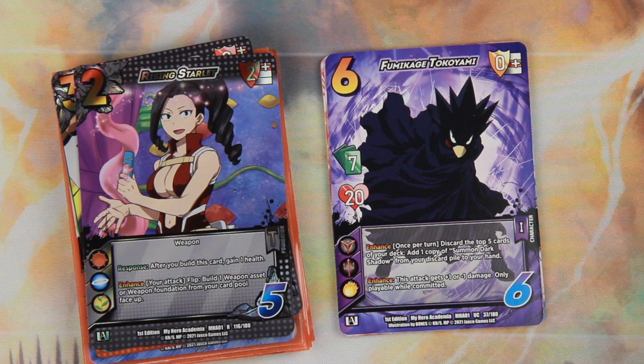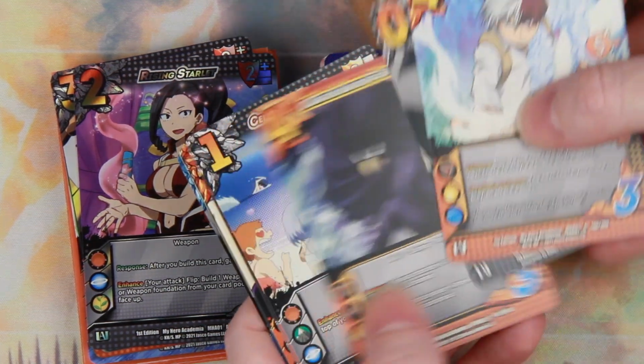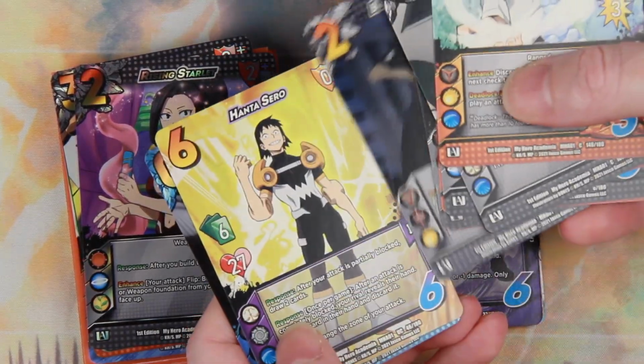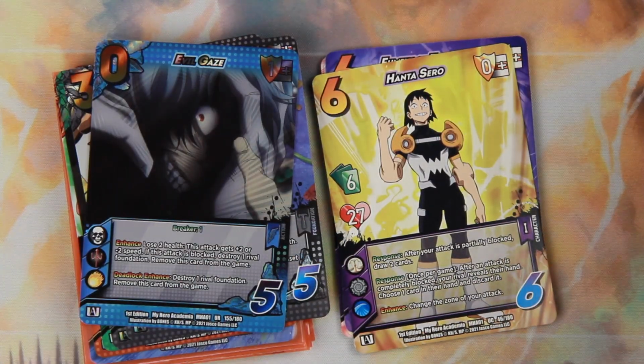After you build this card, gain 1 health. Build 1 weapon asset or weapon foundation from your card pool face up. So more fun stuff that Yaoyorozu can do. I haven't gotten a lot of weapons for her though. Hardened Jab, Stronger Darkness, Pop Off Step, Back to Back, Haneda Sero, okay. Oh, and Evil Gaze. I got another Ultra there, so